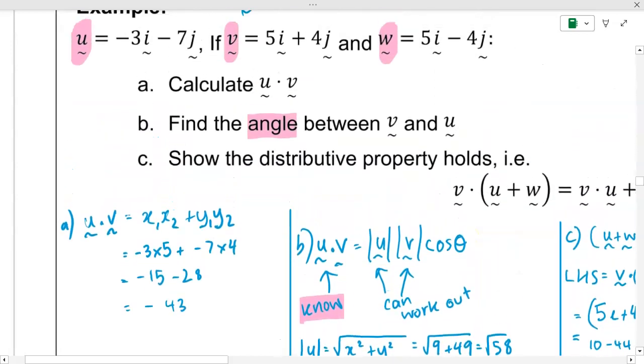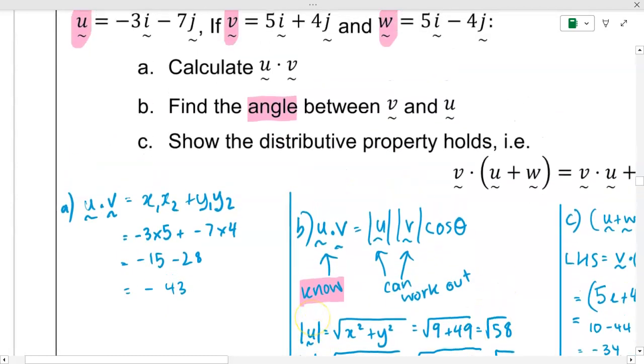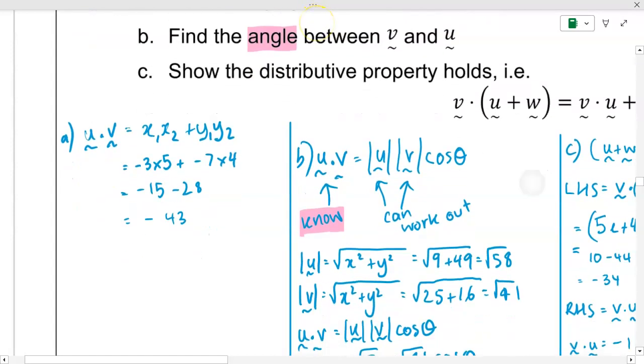Go back to our vector. That's coming from minus 3 squared is 9, minus 7 squared is 49. Add them, square root them, and I've got root 58. Similarly for my vector v, we'll go back to that vector. I've got a 5 and a 4 as my 2 components. If I square each of those, I get 25 and 16. Add them, square root them, and I get